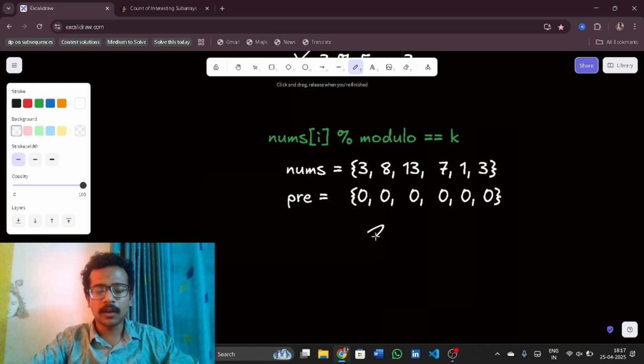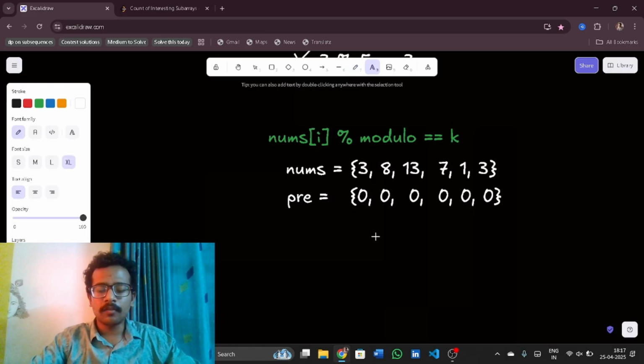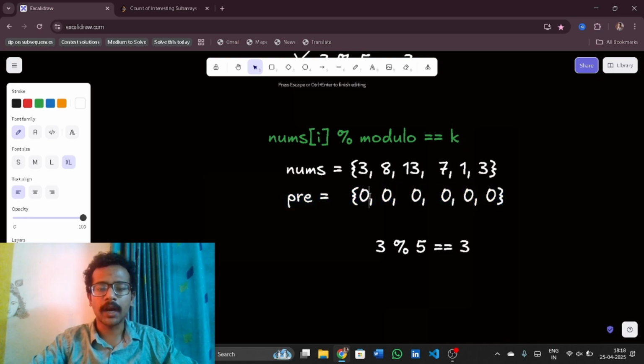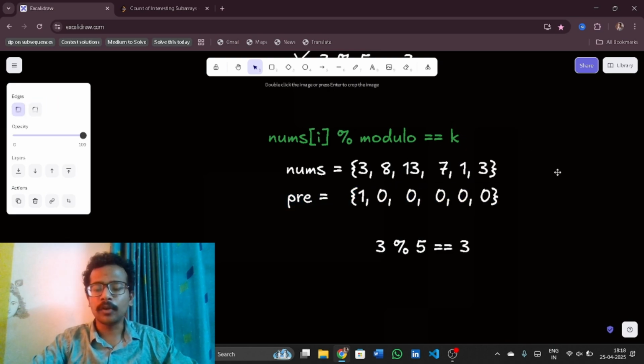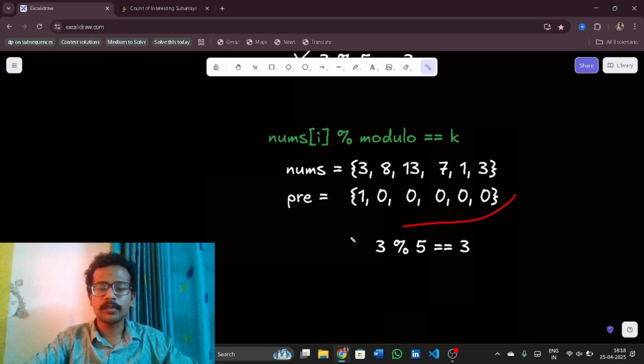Let us see. Let me write it. 3 mod 5 should be equal to 3, right? Is it equal to 3? Yes. So here it will be incremented by 1. I have forgotten what I am doing here. So this is nothing but the prefix sum. I'll tell you what it will be, but for now it will be initialized with zeros everywhere, and if nums of i